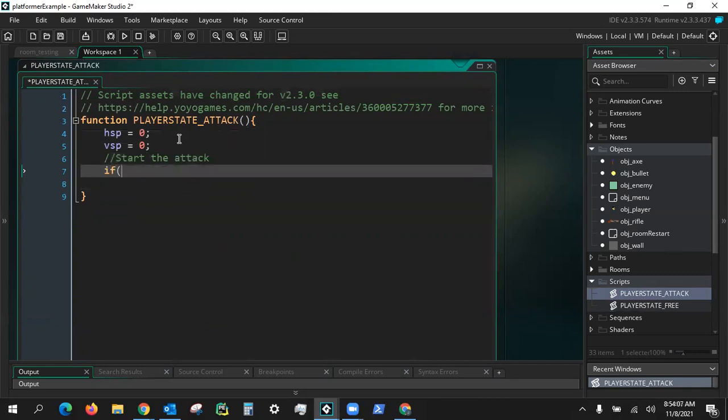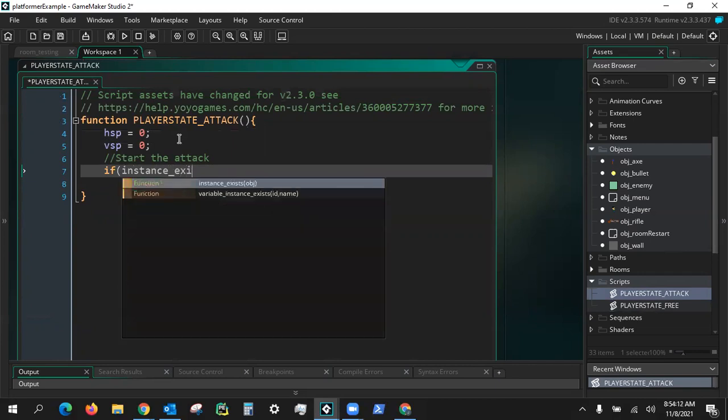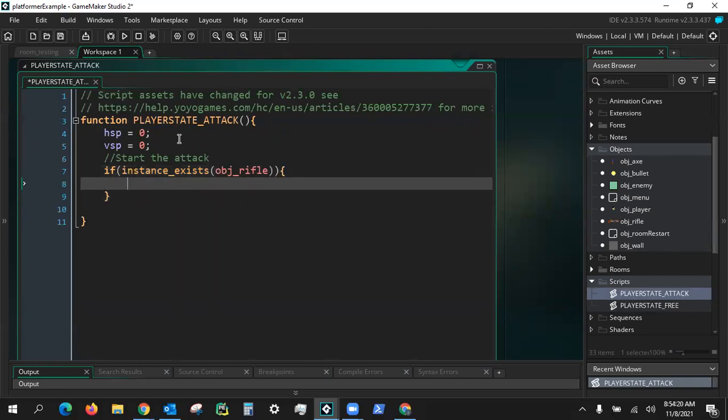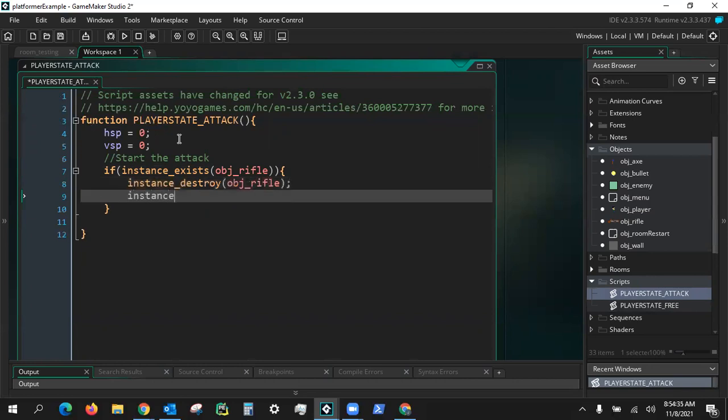Here, this is my check: if there's an instance of our rifle object, and so again, my character runs around with a little rifle. Well, if they're holding a rifle right now, I want to destroy the rifle, and then I want to create at the same X and Y position